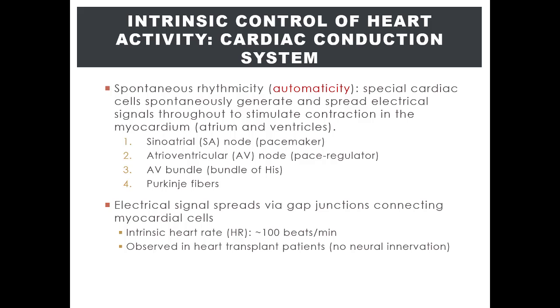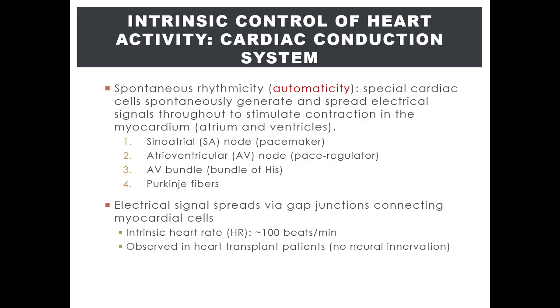The other cardiac cells that have the intrinsic ability to generate action potentials include the AV node, the AV bundle, and Purkinje fibers, which are nerve-type cells. So they have the ability to depolarize. So even if the SA node has issues producing the action potential, these other cells can. But then the heartbeat will be out of rhythm because, as we will discuss later, there's a particular order of events that need to occur to produce a normal heartbeat, starting with the SA node generating the initial electrical stimulus.